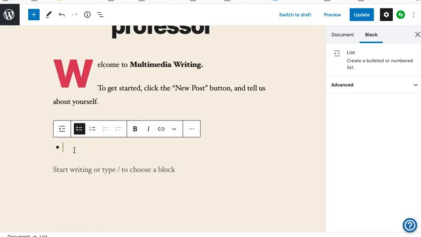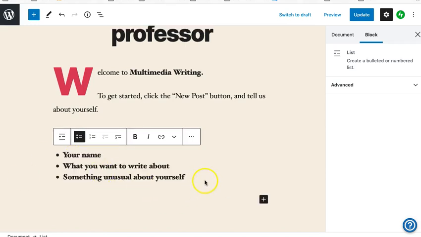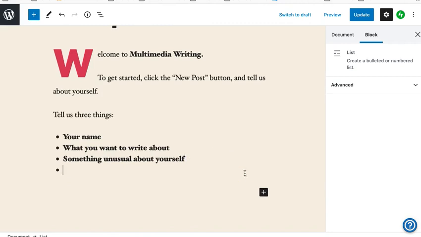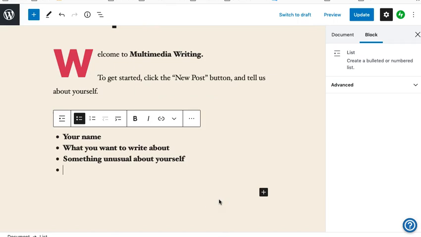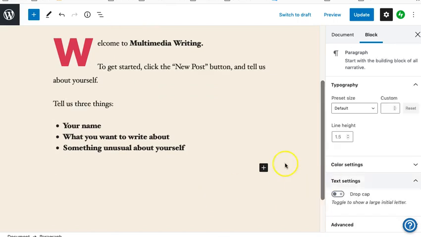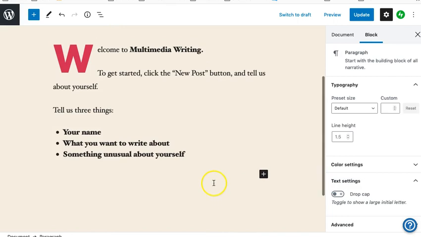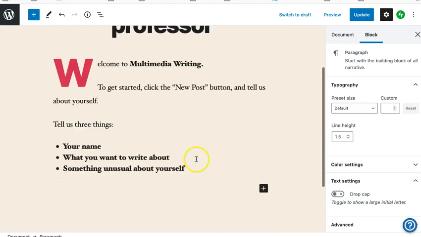So tell us these things about yourself. So here's my bulleted list. And when you get to the end of your bulleted list, you notice, oh, wait a minute, how can I undo this? Just hit return again and it starts a new block. Okay. So now we've done boldfaced, we've done